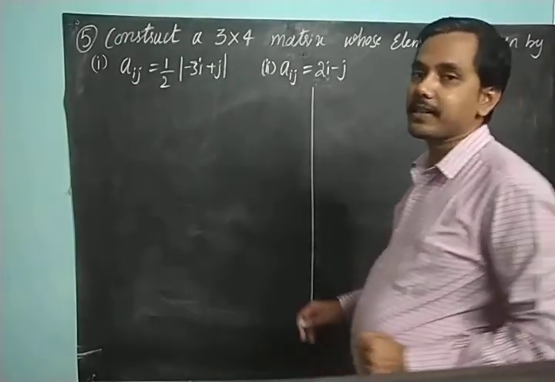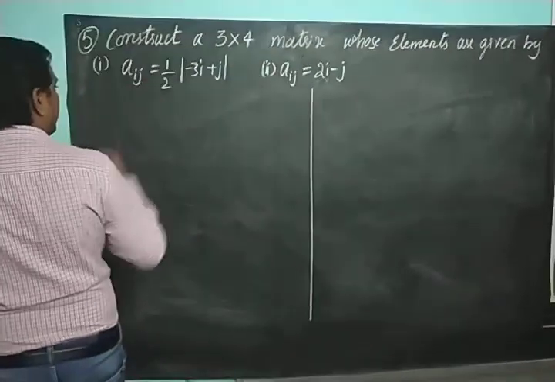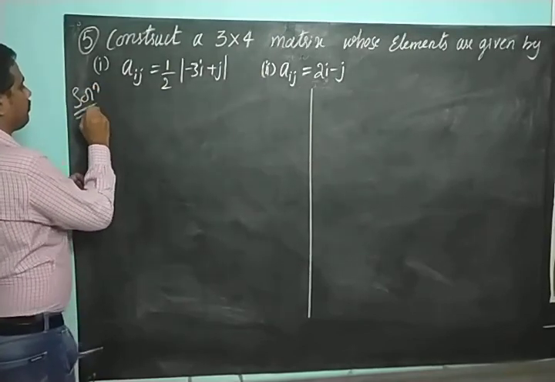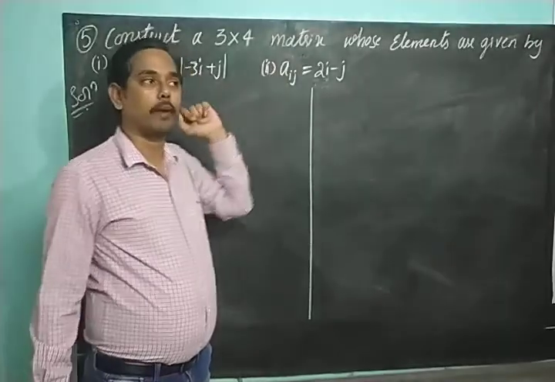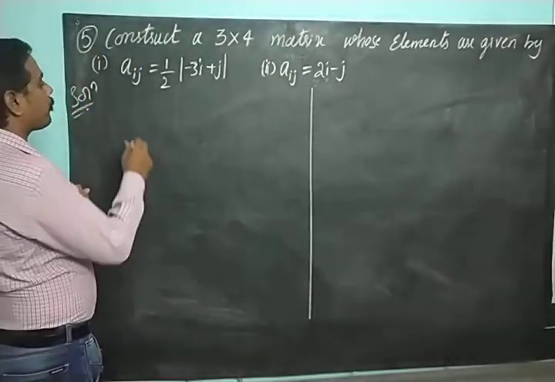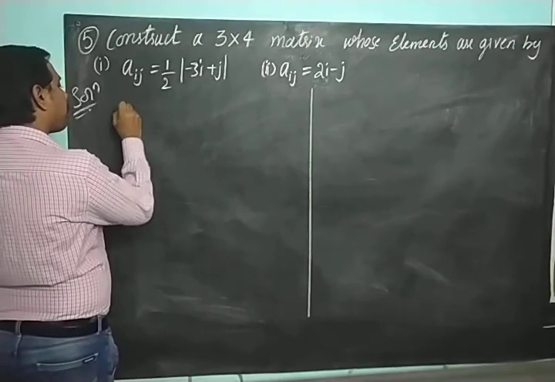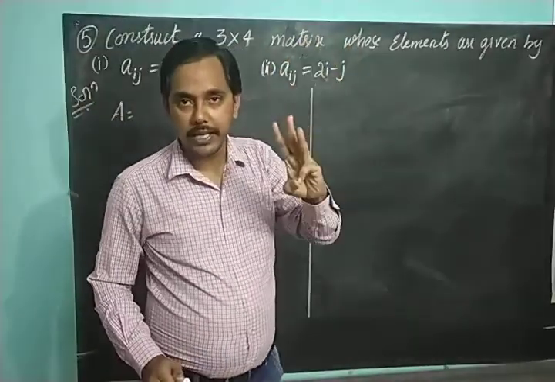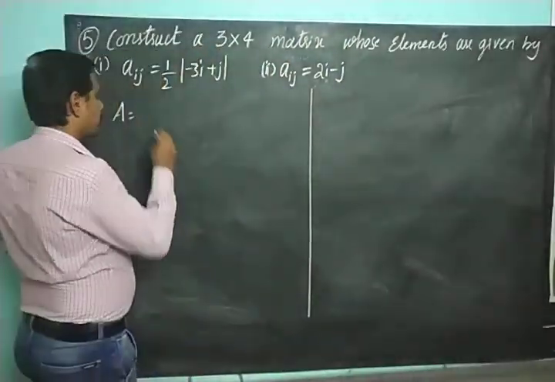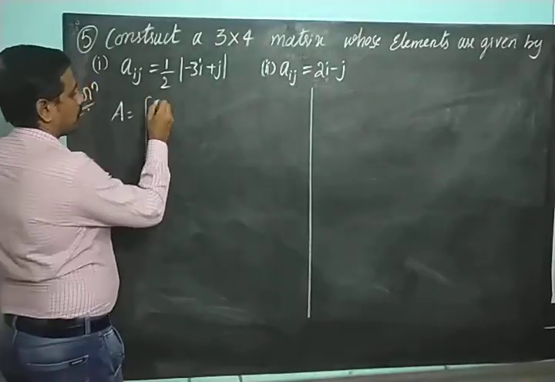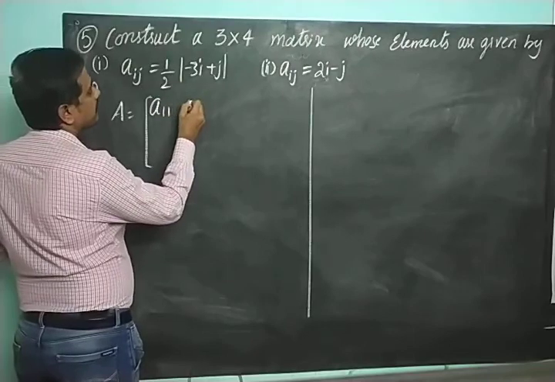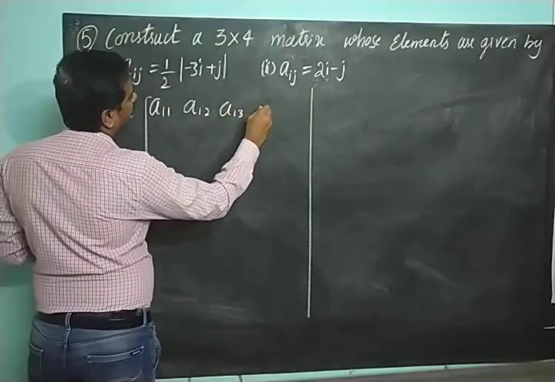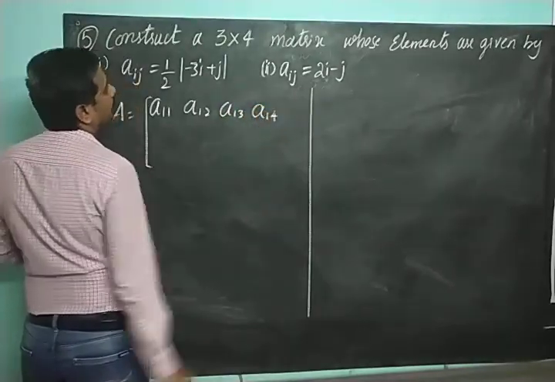Okay. So let us begin with this problem, right? This first type. As it is given, it is a 3 cross 4 matrix. Let us first construct the 3 cross 4 matrix in the general form. What is its general form? A is equal to, as it is 3 cross 4, it should have 3 rows and 4 columns. A11, A12, A13, A14,